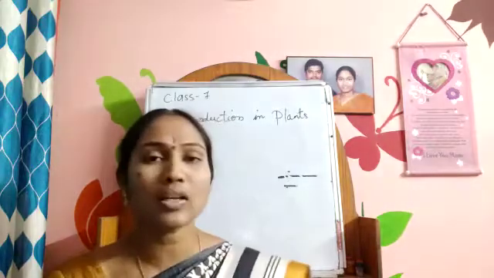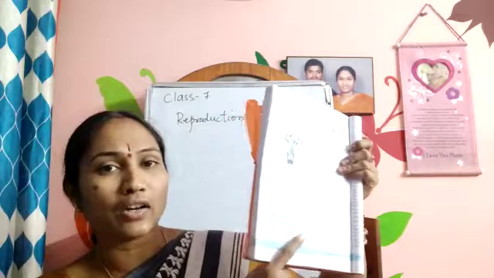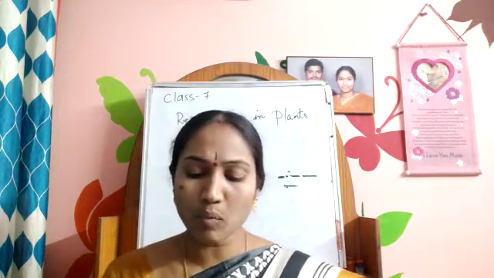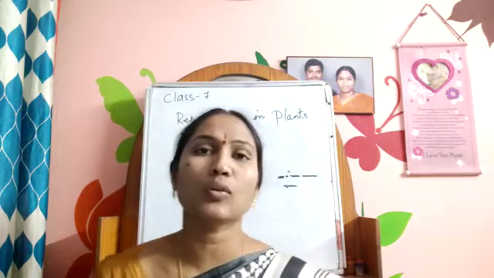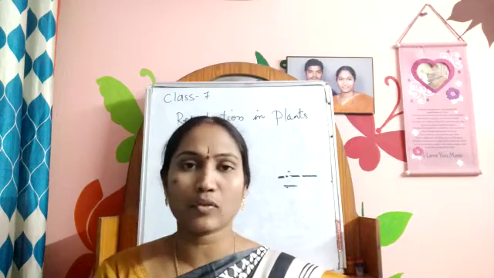Then you have to observe the number of petals, number of sepals, the number of stamens and number of pistils, and you have to fill the table like this. In the case of cucumber or bottle gourd, they all have 4 parts in each flower. So when you have taken these flowers, you can conclude that each flower is having so many different types of parts. Not all are having 4 parts.